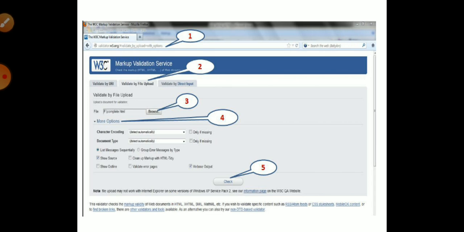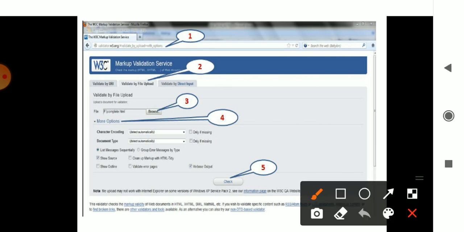For validation, what you have to do is copy the link here, first step. After that you have three options on the screen in the W3C markup validation service. In those three options, you have to click on the option validate by file upload. You have to browse, and whichever file it is, you have to get it into that option.